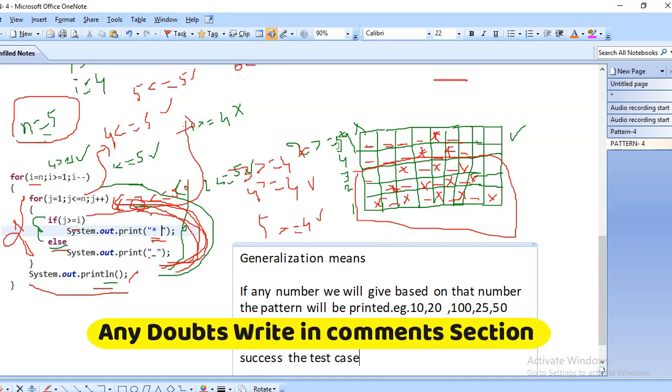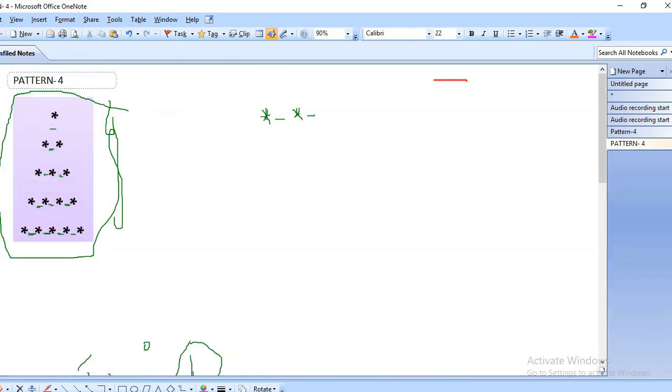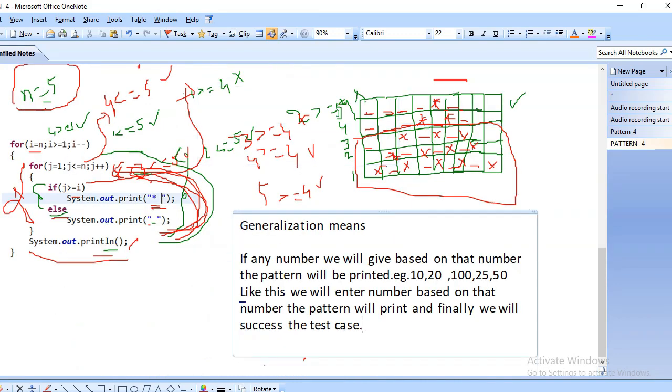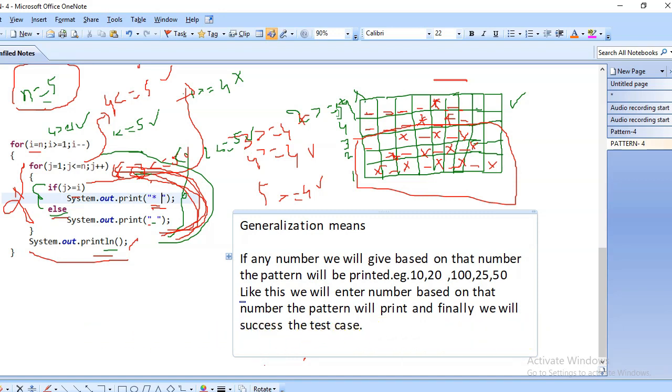A test case is nothing but this pattern. So this pattern will be given, and we will pass it based on that case. Okay, this is generalization. I think you have understood this pattern.